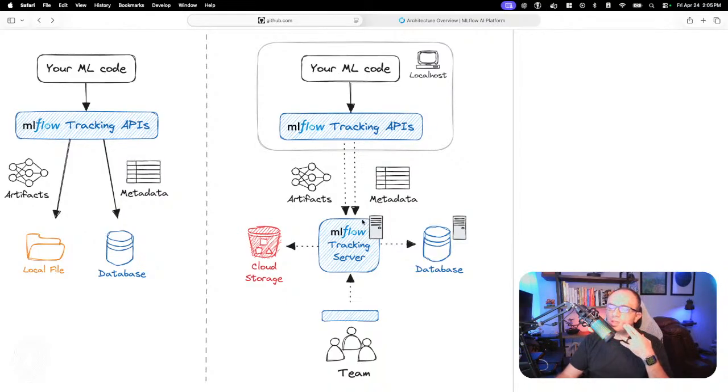But essentially, this represents how a user interacts with MLflow, not just from the perspective of interacting with it from the API, but it also has its own user interface where we can actually go in and look at all the different ways in which we can interact with MLflow. For traditional ML, I'm getting ahead of myself a little bit, so let me pump the brakes on that first. But let's talk about these other two pieces here, what they're referring to as cloud storage and the database.